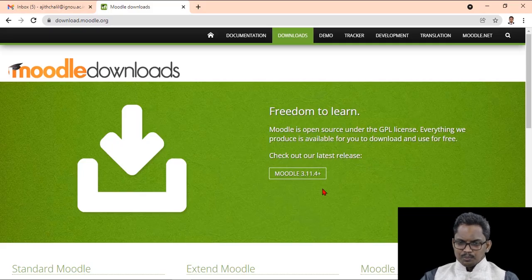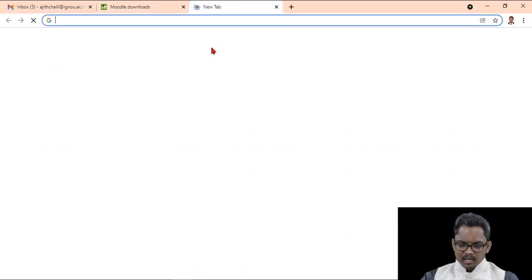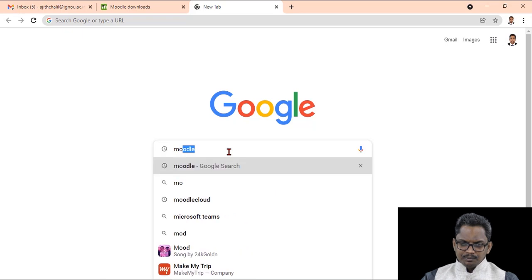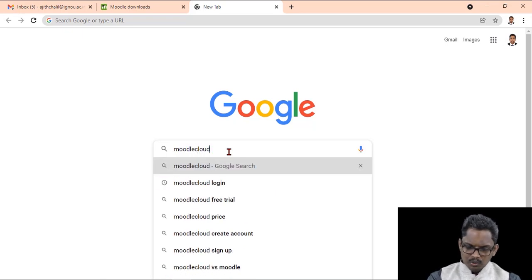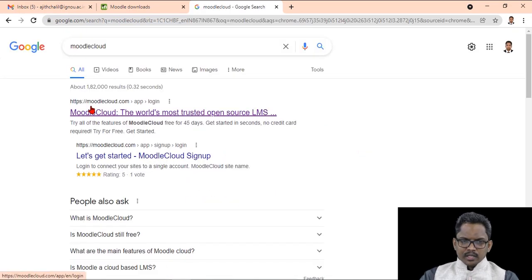The second way is the Moodle is also having a cloud version, which is the moodlecloud.com. Now we are going to see how you will use moodlecloud.com for creating a virtual classroom. For that, I'll again come to the Google. I'll type for Moodle Cloud. So you can see